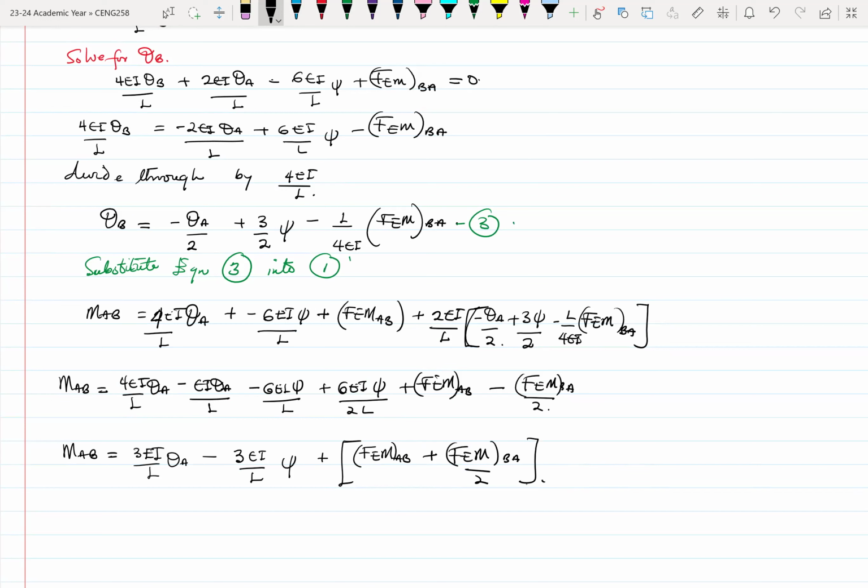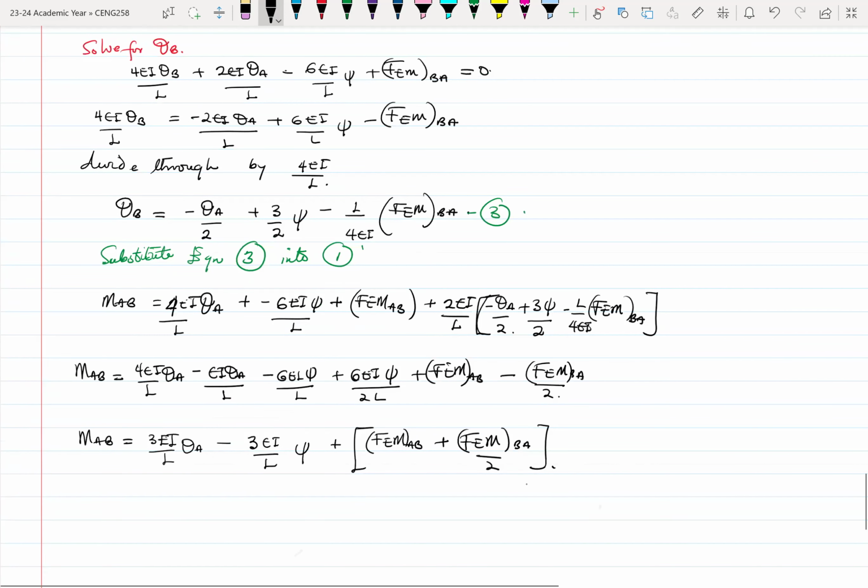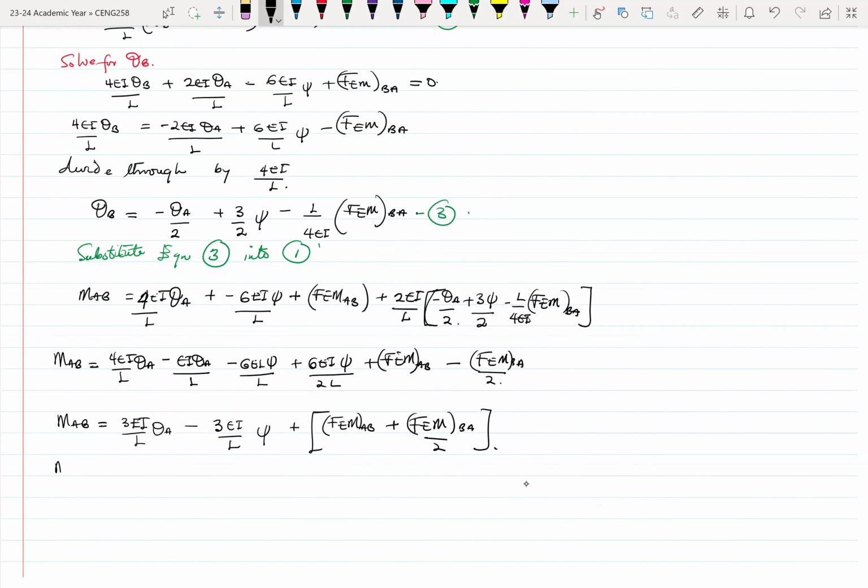So let's bring the 3EI over L out so that we have theta A minus psi. All right. Then plus,